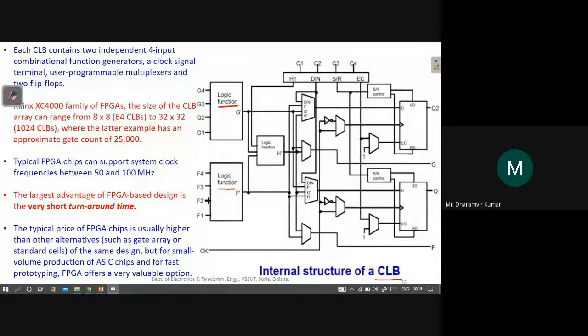This is also 4 inputs and 1 output. It will have some multiplexers, and it will have some control part also. And it will have a mechanism for the clock signal also. And it will have some flip-flops present inside it. This is the clock part.